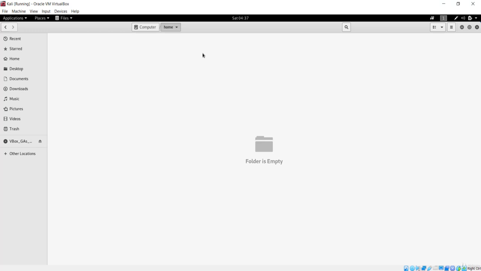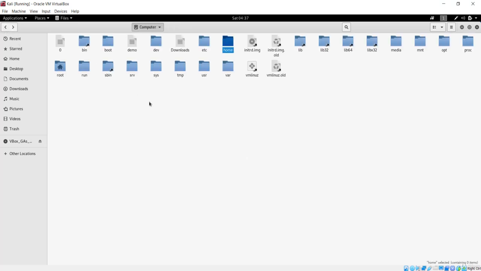We don't have any username except root, which means we don't have anything inside this home. So this home contains all the personal data made when you create an account. Maybe if you create your own account with your name, then that will be inside this home.